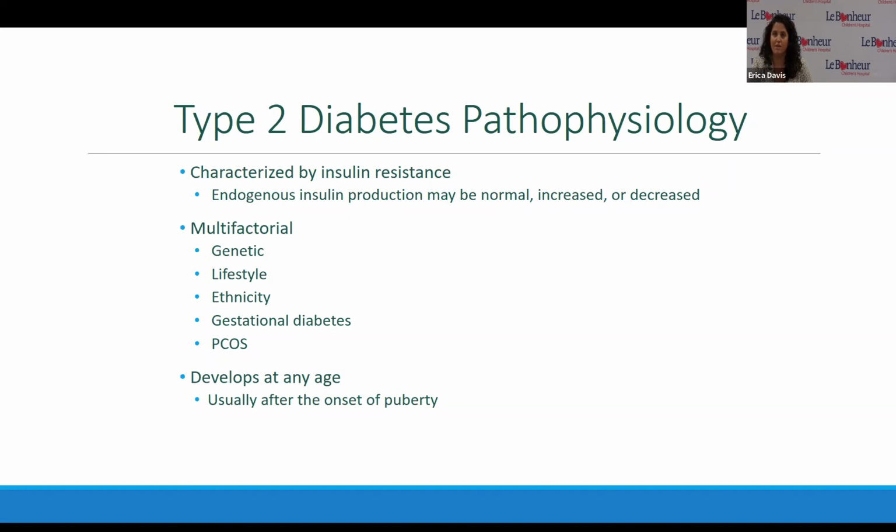So that would be our healthy eating versus our unhealthy eating, and our sedentary lifestyle versus an active lifestyle. Those not as healthy lifestyles are going to lead a lot of times to weight gain, which is going to lead to a little bit more insulin resistance. So we can often see just lifestyle changes really helping with that insulin resistance. Certain ethnicities are more at risk for type 2 diabetes as well. That really plays into that genetics.